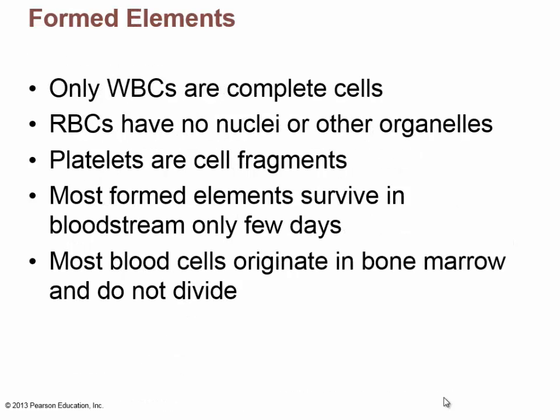The formed elements of the blood are the red blood cells, white blood cells, and platelets that you find in it. The only cells that are actually complete cells are the white blood cells. Why? Because red blood cells have no nuclei and are missing most other organelles. Platelets are only cell fragments, like one cell just fragmented apart. They're just tiny little parts of a cell fragment. They don't have a nucleus either. Because they're missing these key organelles,